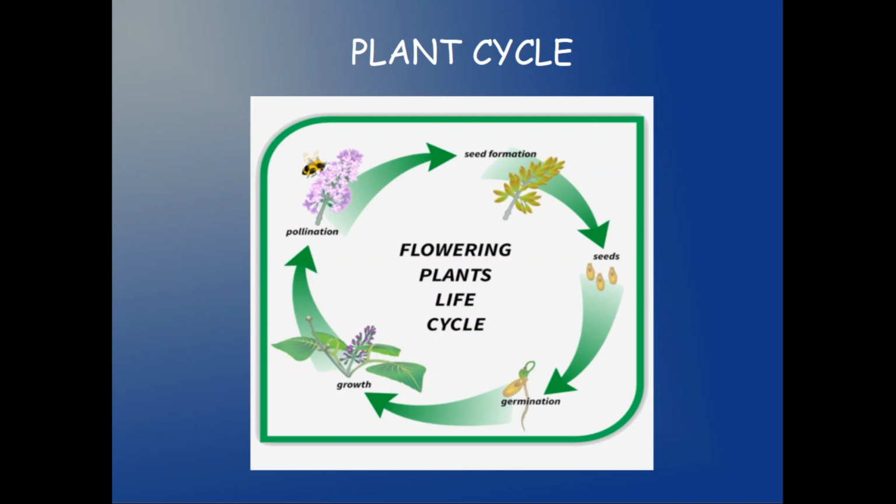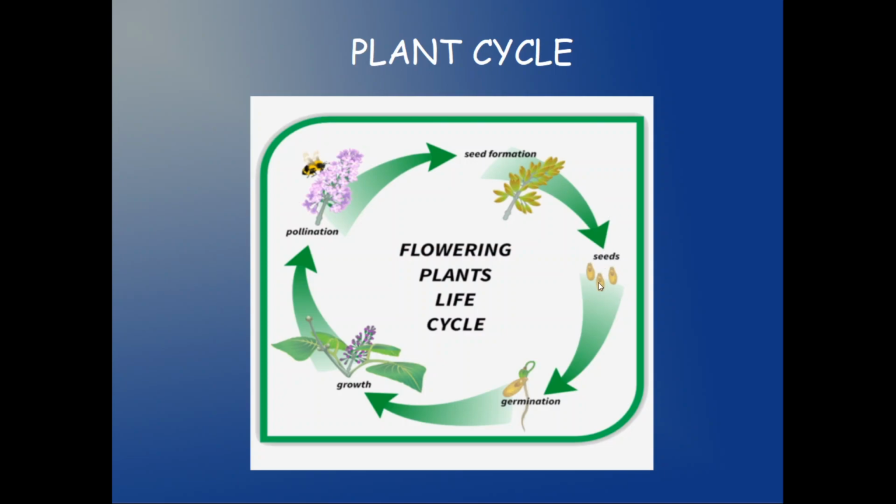In the plant cycle, we could start talking about it from the seeds. We have seeds. When they start growing, we call it germination. From the seed, a big plant will appear. When it grows, it will begin with the pollination, and from the pollination we'll make new seeds, and from those new seeds they will go far from the plant, from the mother plant, and